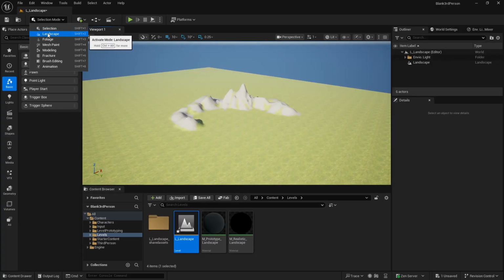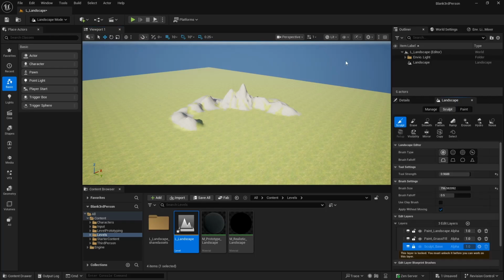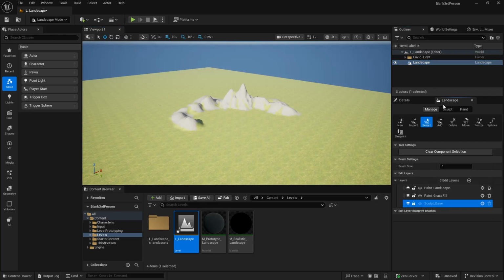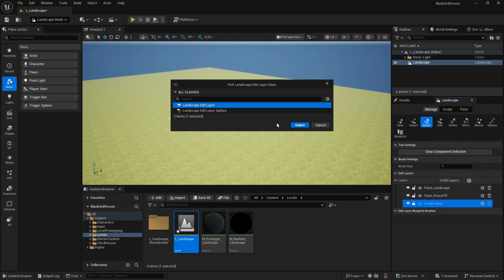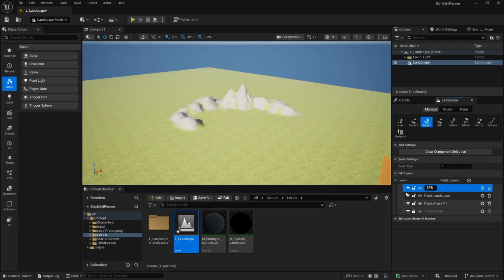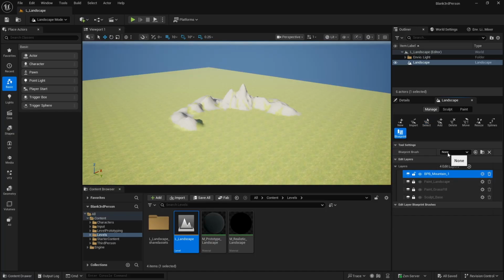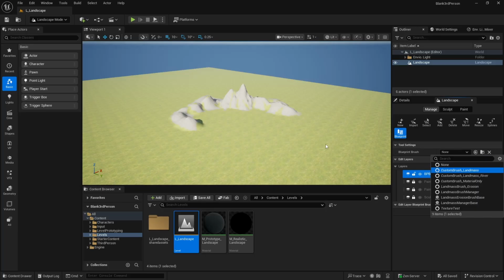After we've restarted the engine, we're going to go up to the landscape, make sure our landscape is selected, and then go to the manage tab. We're going to add a new layer right over here, and we're going to rename this one BPB_mountain_1, so that we know this one's using the blueprint. Next, we're going to go down to blueprint brush over here and select custom brush landmass and left click on